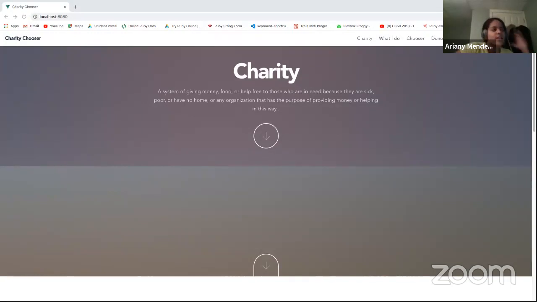Yes. So the name of my app is Charity Chooser. One of the reasons I chose this app is because I'm really big into volunteer work and charity. Finding volunteer work is kind of easy, but finding a charity is harder. Some people have parameters for making donations. You don't want to just donate your money, you also want to know a little bit about the charity. So on the front page, I put the definition of charity,